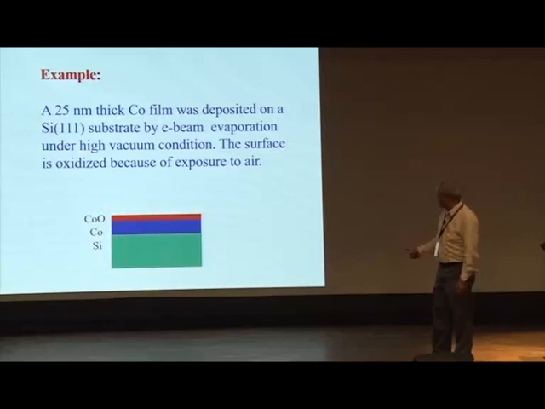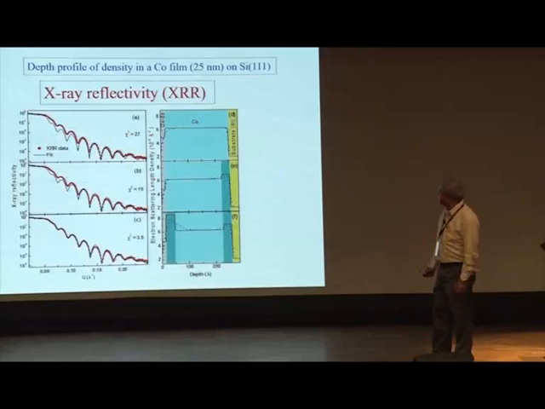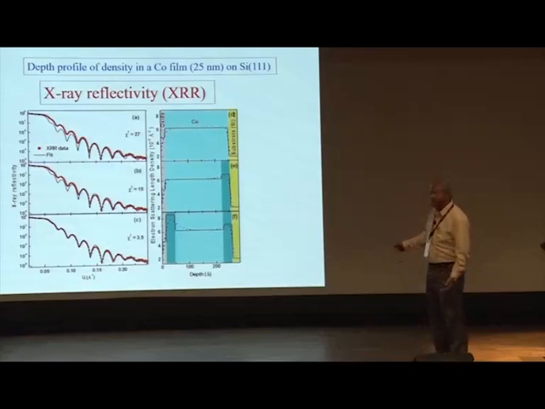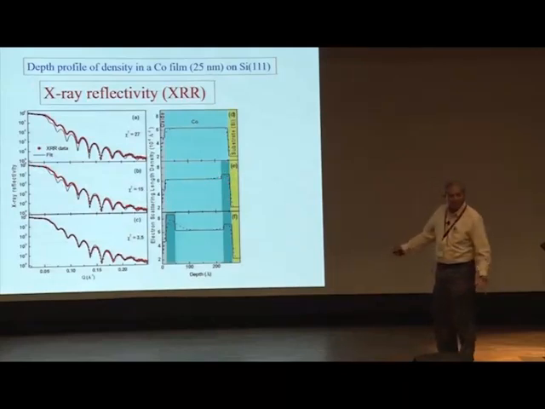But now we carry out the X-ray reflectivity experiments, and these are the results. These red points are the X-ray reflectivity data. Now if you have a simple model, cobalt oxide, normal cobalt, and silicon, we know their density. You can calculate their electron density or the scattering length density, and you can calculate the theoretical curve for the X-ray reflectivity. It should be like this, but you see it doesn't agree with the data. Now if you take this model, with an enhanced density at the interface between silicon and cobalt, the fit improves. The chi-square value goes down. The fit improves, but it's still not yet so good.